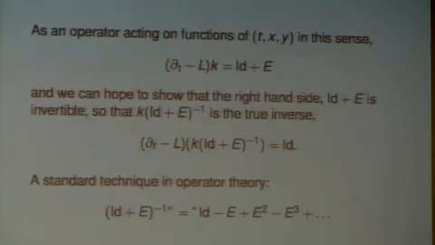The point of doing that is that if I look at the curved operator L acting on this model heat kernel, dt minus L acting on functions of t, x and y is the identity operator plus E. But the point is, the identity is invertible, and E is an error term, and the goal is to show that E is small so that this Neumann series makes sense. So I have dt minus L of K equals identity plus E, and if E is small enough, then identity plus E inverse exists. There's an explicit formula for it, which makes sense if E is small enough. And there is the proof of K times identity plus E inverse.